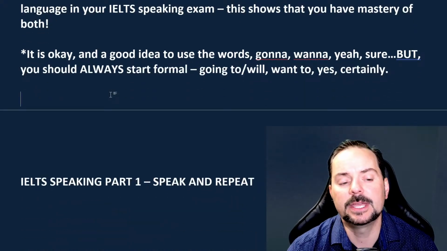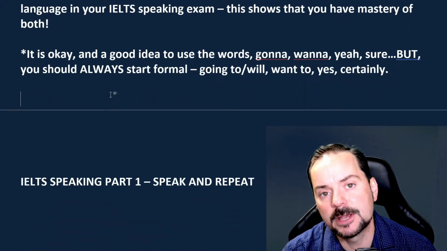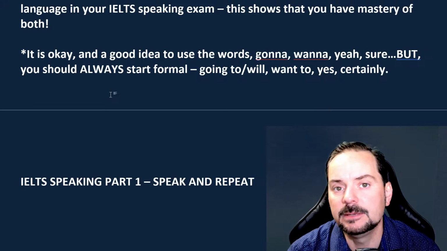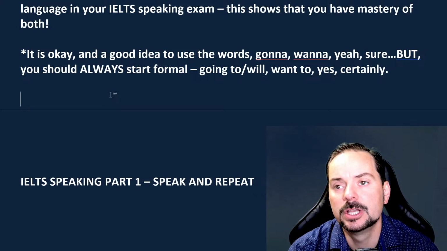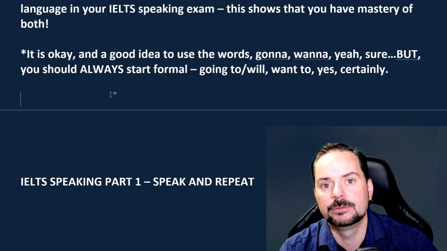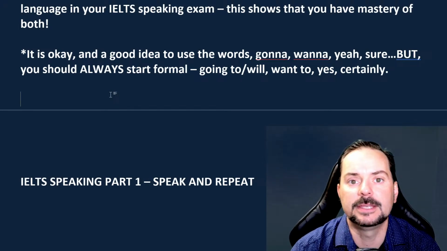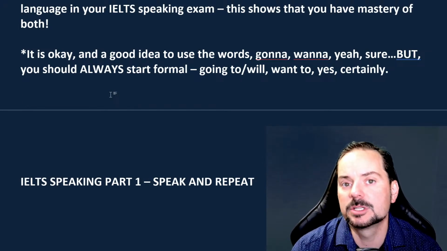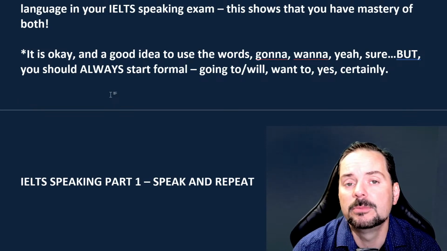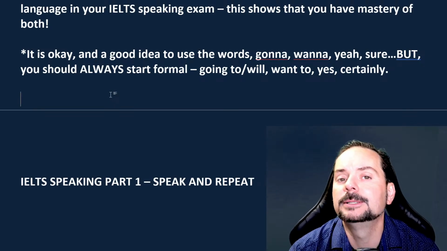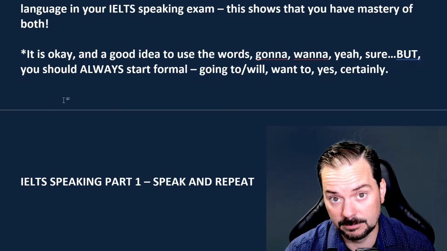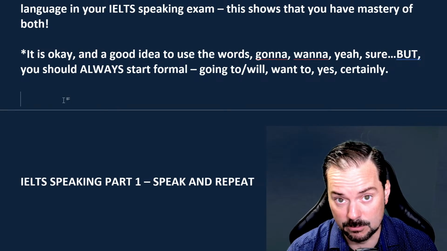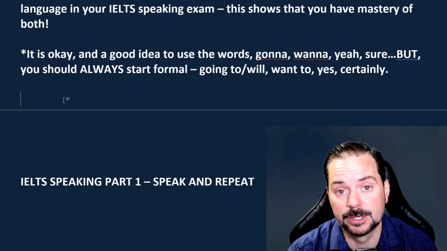The reason for that is in the world today, especially with social media, TV, movies, people tend to speak informal English, especially at the intermediate to advanced level, quite easily. Like, yeah, sure, wanna, gonna. These come to us because we do use them often, and we see them often in movies, in music. So informal language tends to come easily for a lot of people. Formal language tends to take more consideration, more effort.